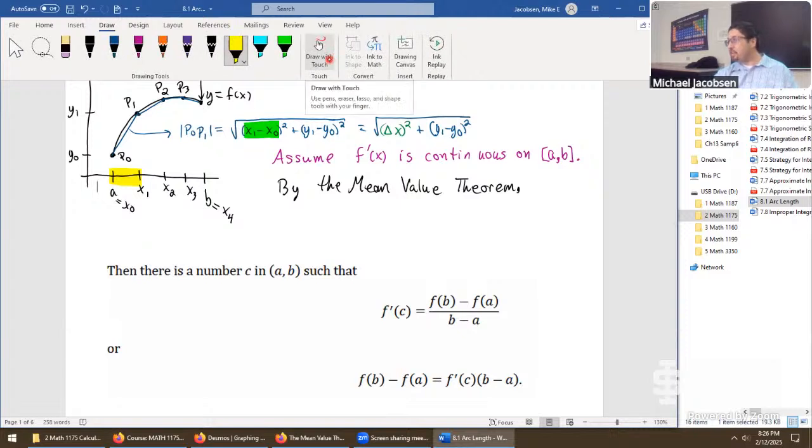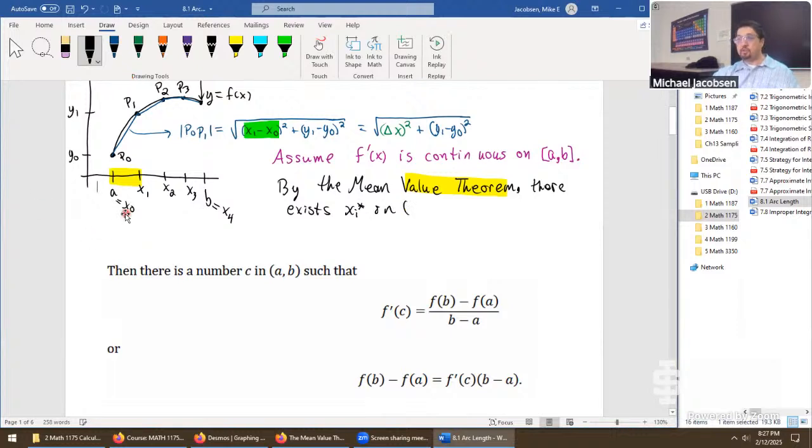So next, by the mean value theorem, there exists xi star in the open interval containing a, which is x naught, to the next value, x1, such that